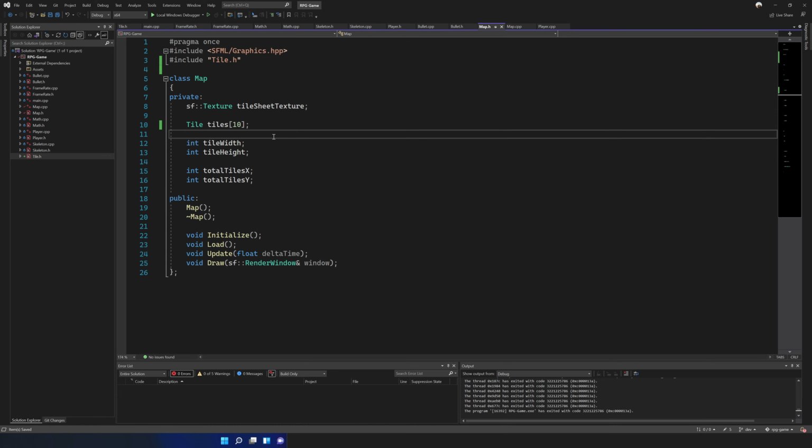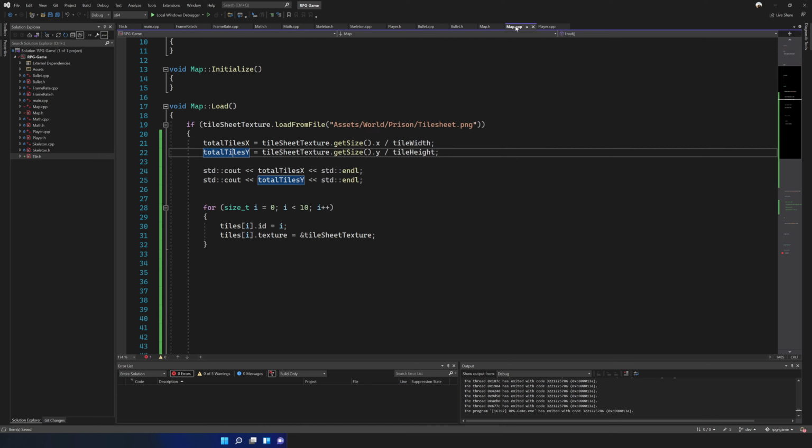Okay. I really just want to do this. And I really kind of don't want to explain this, but I have to explain this. Damn it. All right, so more things to explain. Here's the problem I'm facing. You see tiles, 10. I'm creating an array of size 10 in here, but